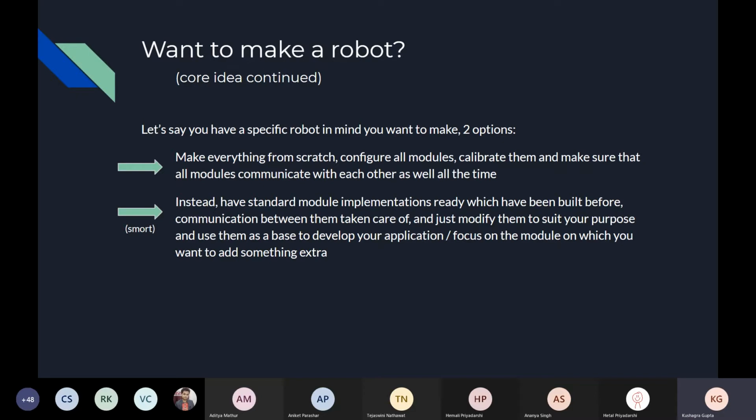So you can modify which camera you are going to use. You can input which sensor you want to use. You can input the shape of the body you want to use. For the drive, you can input the wheel characteristics, what is the friction coefficient between the ground and the wheel, any sort of stuff like that, right?